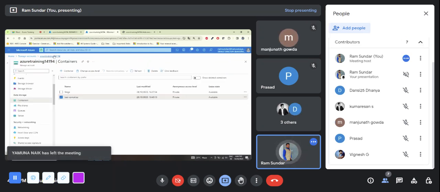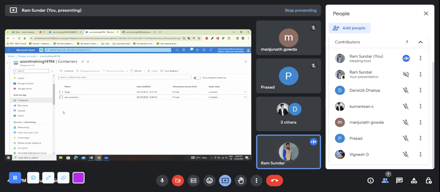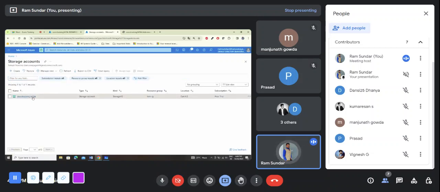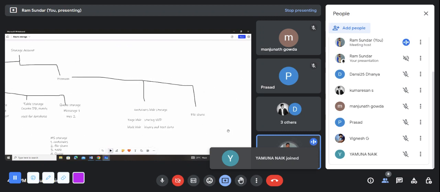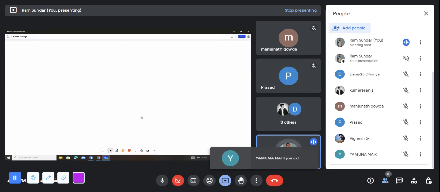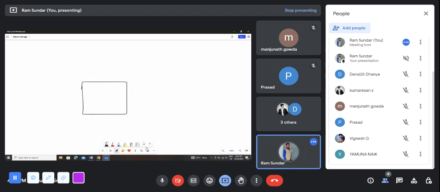Okay, so now how can we access this storage account from outside? We just created one storage account, that's it. So how can other resources access this storage account? Assume that we have created a storage account, and just assume that these are the Azure resources,